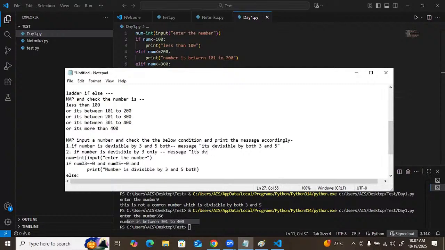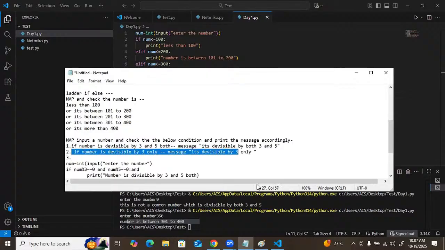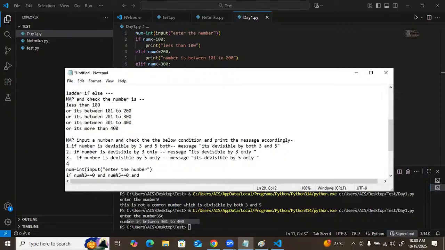It is divisible by 3 only. Right? Third, the same condition: if the number is divisible by 5 only, then the message is divisible by 5 only. And fourth one,